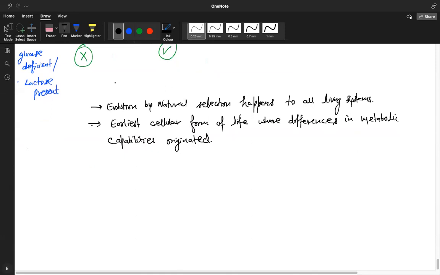Write down the question, it is a board's question. Do you think simpler organisms evolve faster or slower? This is exactly the question. We are talking about the rate of evolution now. So one thing is evolution is happening, but do you think that it is happening faster or slower for some organisms, or is it happening at the same pace?